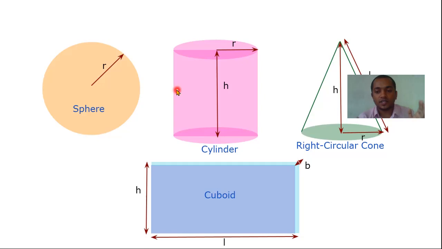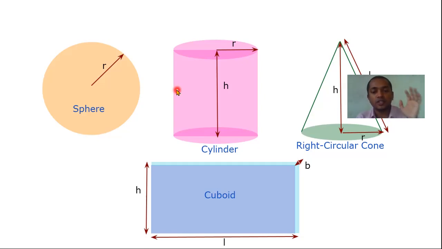Just like in the case of surface area, because we are only dealing with the periphery of the individual circles, we are adding only the periphery of the individual circles. So the formula is 2 pi r into h, circumference into height. Similarly, in the case of volume, the formula is area of individual circle into height. So that is how we find out the volume of a cylinder.